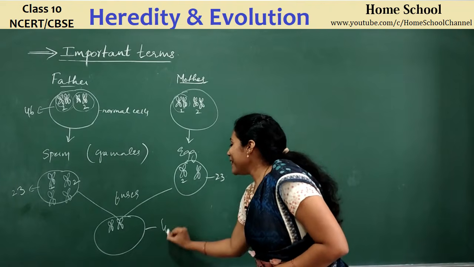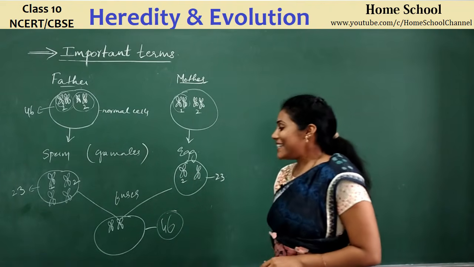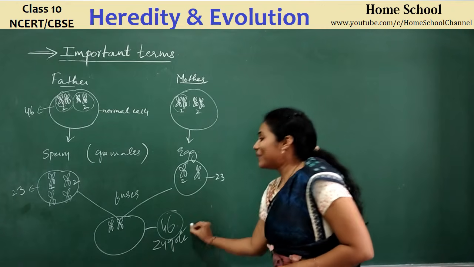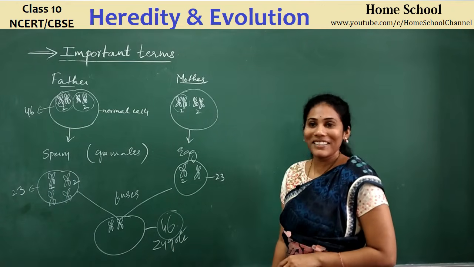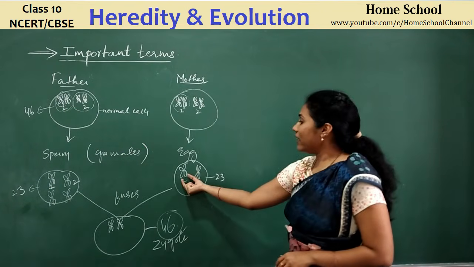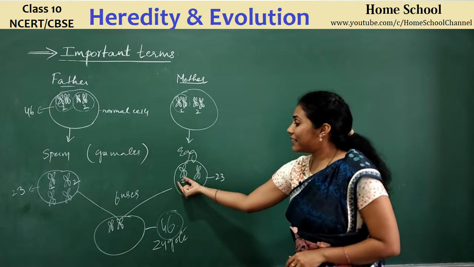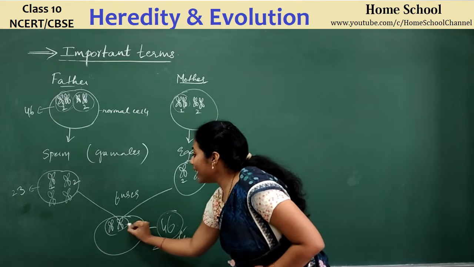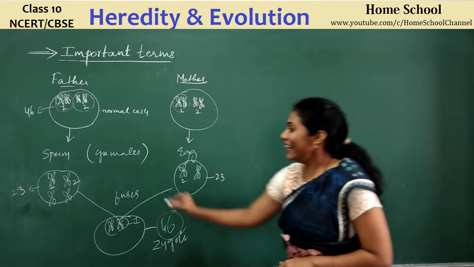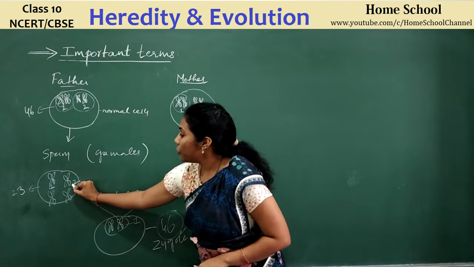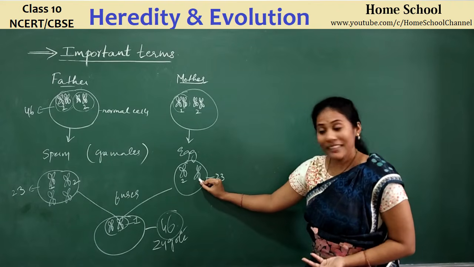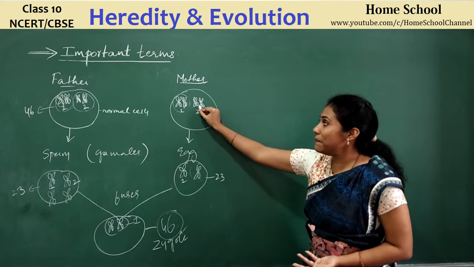Finally, the number would be maintained. How many chromosomes will you have, guys? 46 chromosomes will be present in the zygote. Got to know? See, the chromosome from the father's first set will combine with the chromosome from the mother's first set. So the baby will have this pair as the first set. Similarly, the father's chromosome from the second set will combine with the mother's chromosome from the second set.